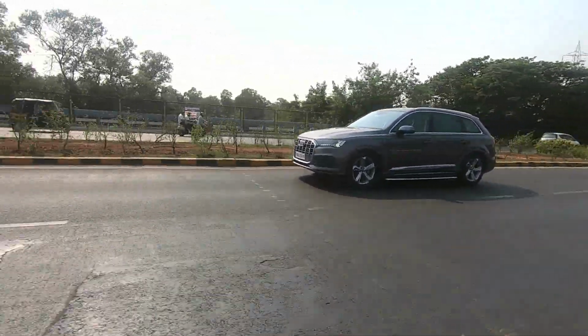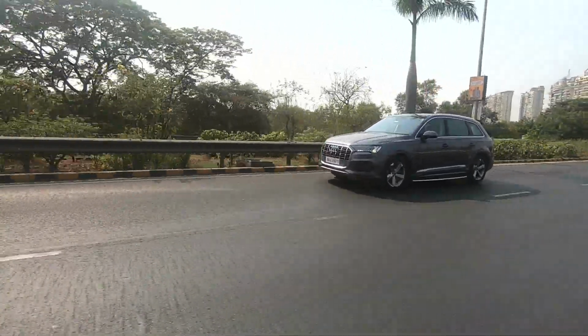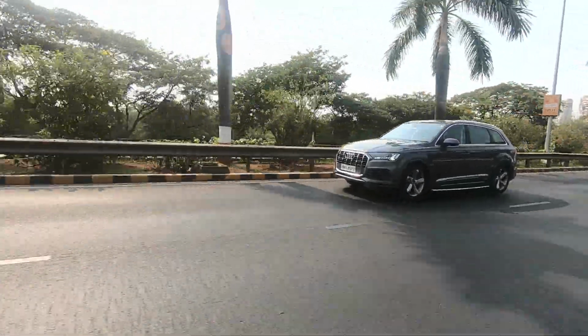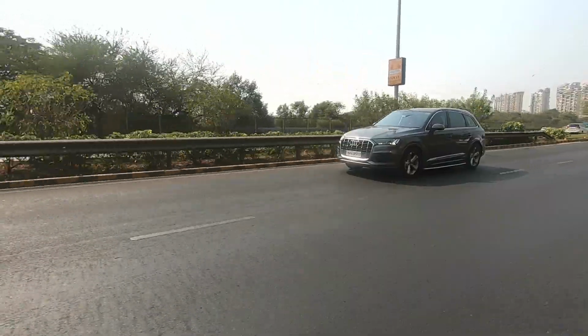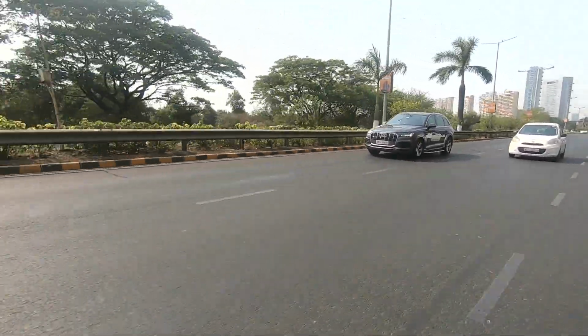That's still there to a certain extent. Of course, there's a lot of insulation, that's the bonnet, the insulation and everything else that is muting the engine noise and the roar that the V6 has offered. As always, it's still there, it's muted. With the BS6 version it's been tamed down as well, but it still has a lot of character, and that's